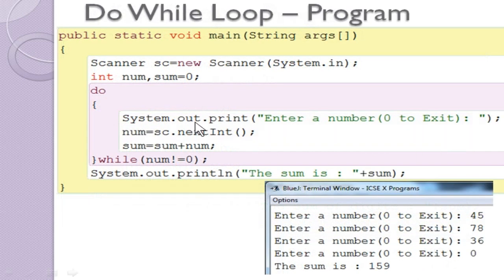Now we are going to see another example, which also works according to the user input. Here what I am doing is I just keep on entering numbers, and I am asking: enter a number, 0 to exit. That means we keep on entering numbers. Once you press 0, the loop stops and it will add all the numbers and print the sum of the numbers you entered. Okay, this is what you need.